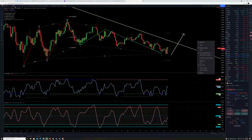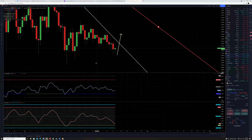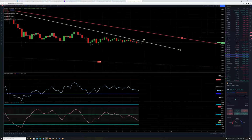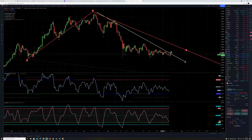Longer term, we just need to look at the daily chart and see that this is just, I'm glad this came up in a Zoom like this. This is a steady downtrend of lower highs, lower lows that is real dangerous. So there's going to have to be a few things I would need to see before I would jump in on that. You're against trying to fight this extreme downtrend, and that's what it is. It's an extreme downtrend. So there's not really a lot of value to be fighting the downtrend and